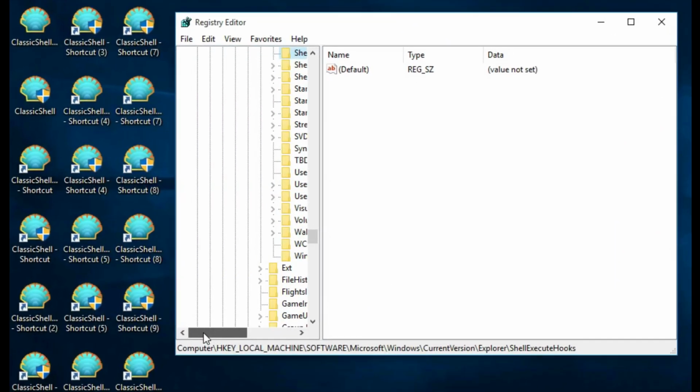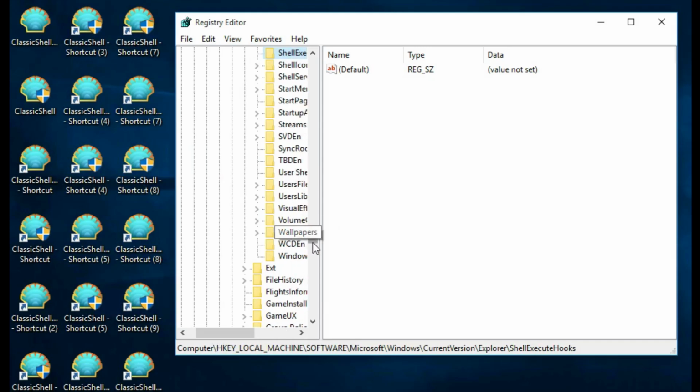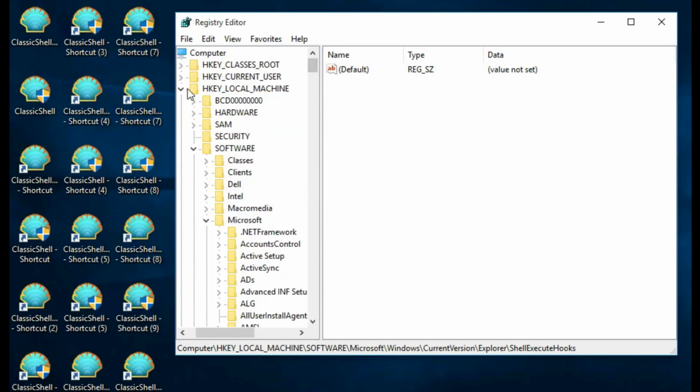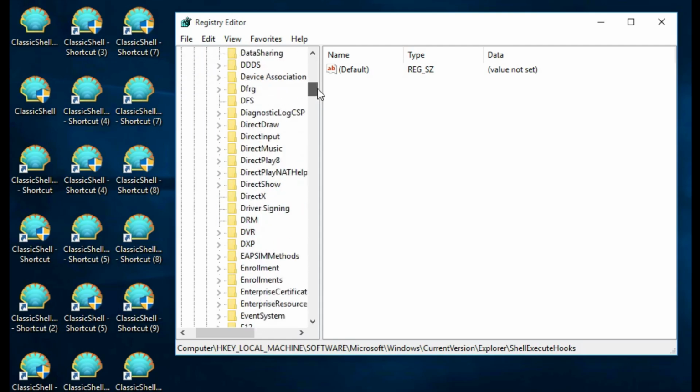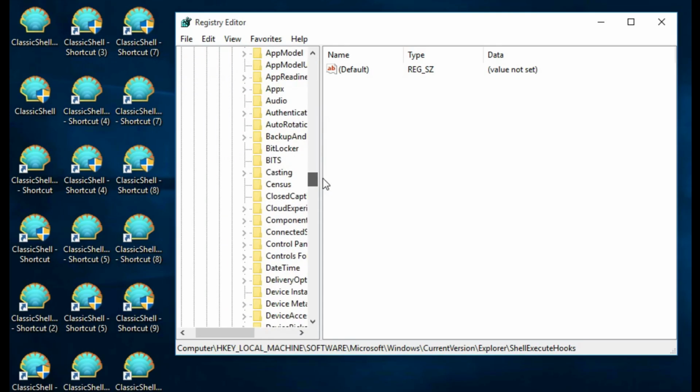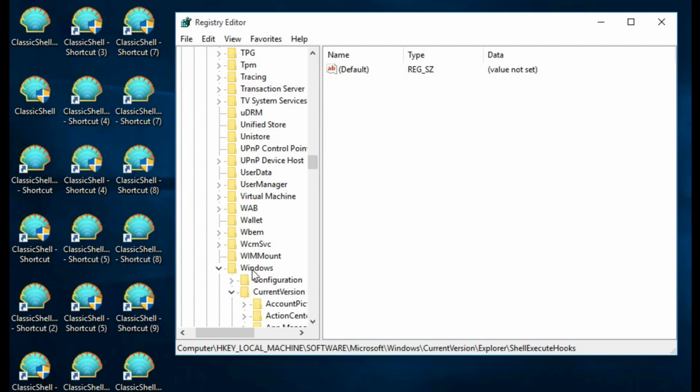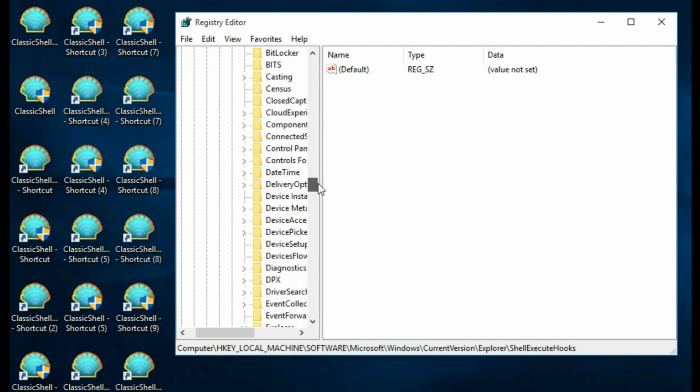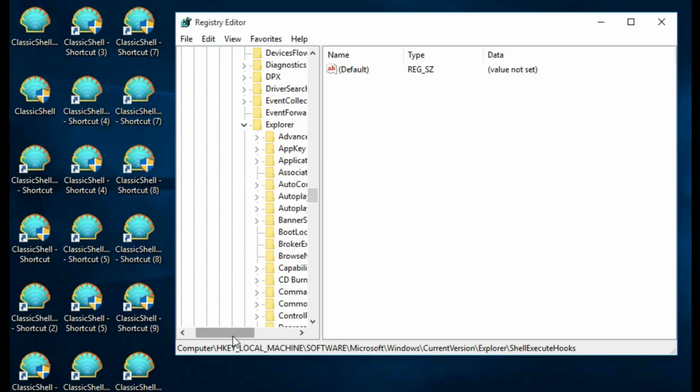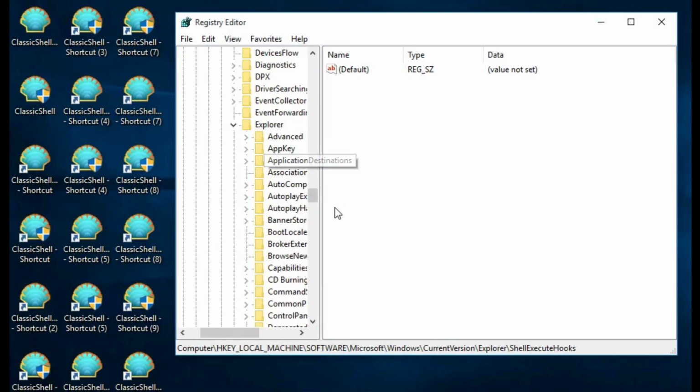And then we need to navigate down to the folder. So if you haven't opened your registry editor before, we first start with, once I bring it up here, we need to open up the HKEY_LOCAL_MACHINE key folder, then go down to Software, go down to Microsoft, and scroll down a ways till we get to Windows, and then open the CurrentVersion key. Go down a ways some more, open the Explorer key,